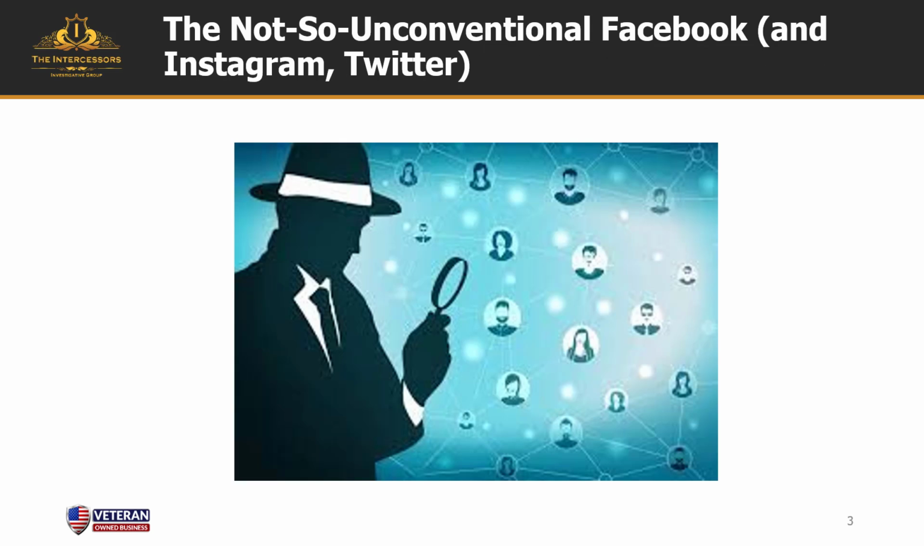Let's take a look at the not so unconventional Facebook, Instagram, and Twitter. Facebook, Instagram, and Twitter have long been revered as the biggest names in social media. These social media giants enjoy widespread popularity, and users are sharing everything from their breakfast to the arrival of their daily run. If a user's information is public, it can be a gold mine for private investigators, with data including